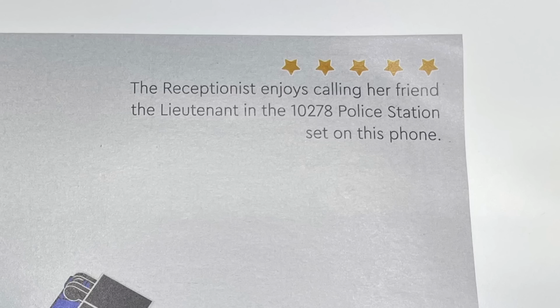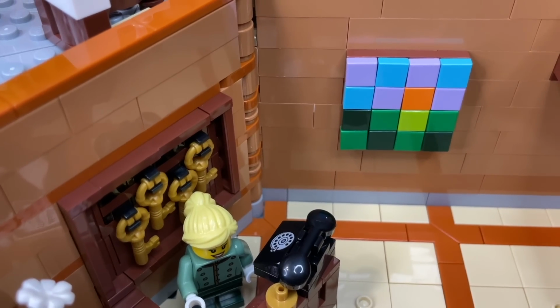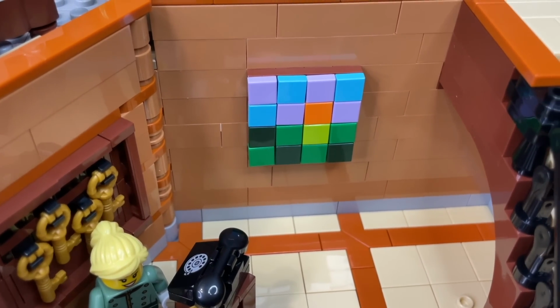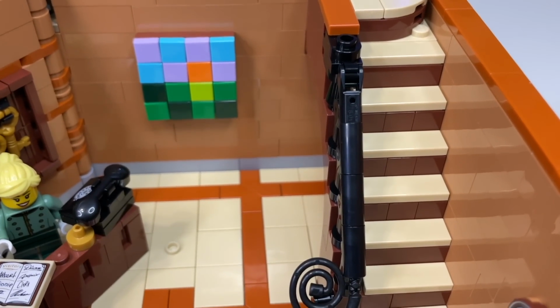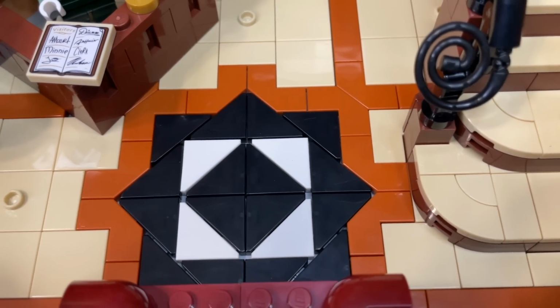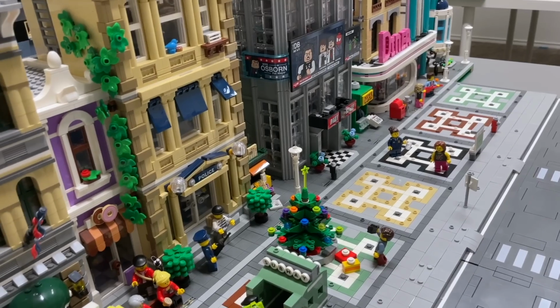I really like those small little details. Additionally, the art painting hanging on the wall is by the artist whose studio is in the loft of the 10243 Parisian Restaurant. Tile work in the lobby is very classic. These tile patterns are often unique in each modular, and we personally take inspiration from them when designing the sidewalks